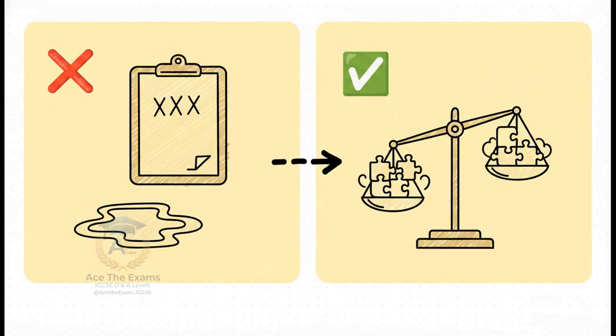Now look at the right side of the screen. We are going to apply a cognitive strategy to transition this into evaluative analysis. Let's rewrite it out loud together. While a $500,000 bank loan efficiently meets the immediate funding requirement, it pushes the company's gearing ratio from a safe 30% to a highly risky 65%. Assuming current interest rates remain volatile, this could severely impact future liquidity. Therefore, a rights issue, despite the potential for slight shareholder resistance, is relatively more appropriate as it shields the entity from mandatory crippling interest payments during an economic downturn.